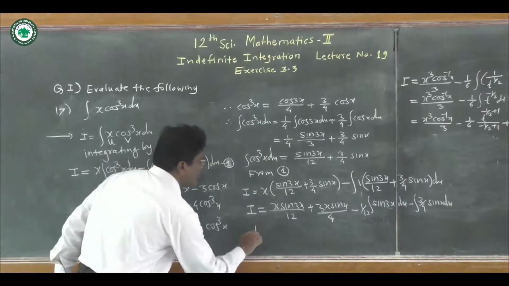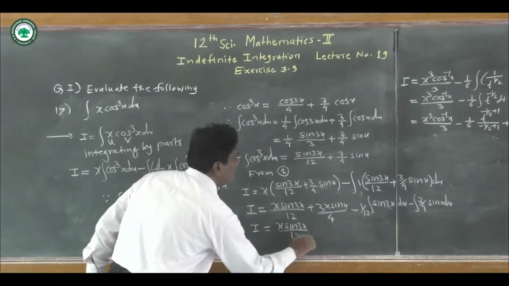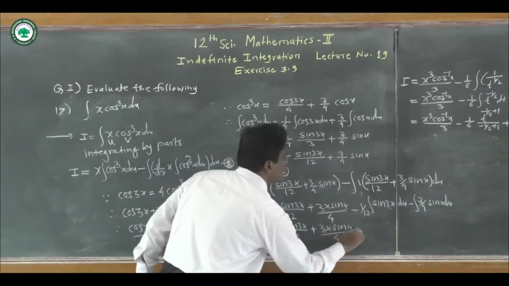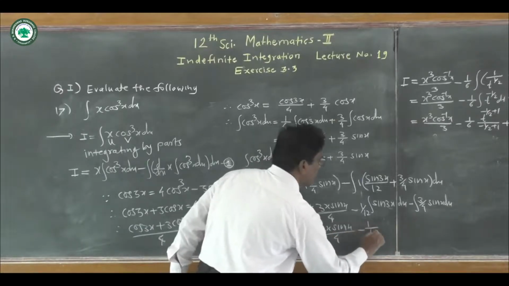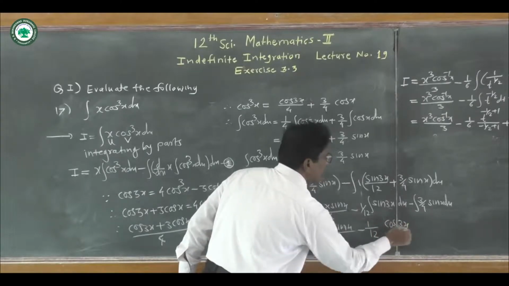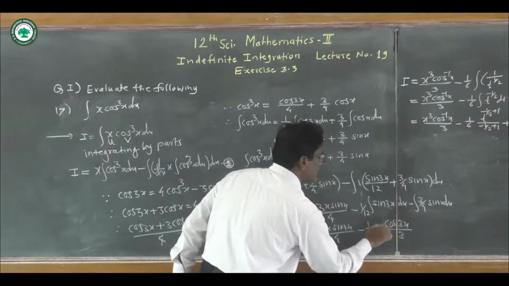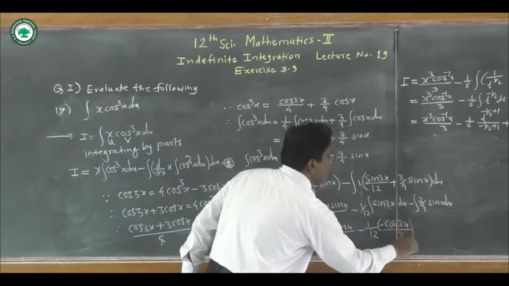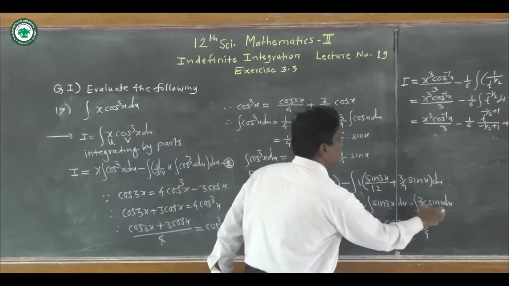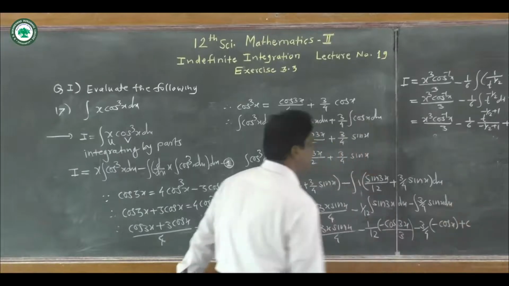And so we get here I is equal to the required integral x sine 3x upon 12 plus 3x sine x upon 4 minus 1 upon 12, and the integration of sine is cos, so cos of 3x, and the derivative of 3x is 3, so divide by 3, and since the answer starts with cos, take the minus sign here, so minus, and also minus 3 by 4 constant outside the integral, and the integration of sin x is minus cos x, and lastly plus the constant of integration c.